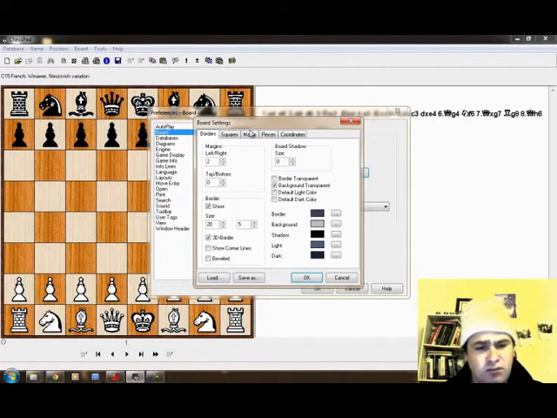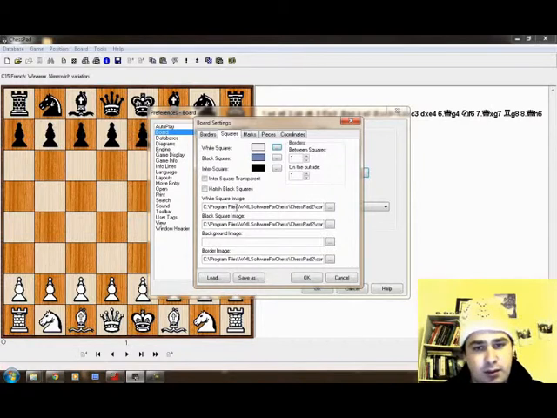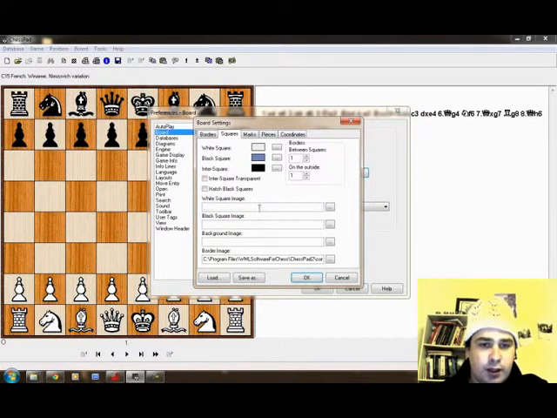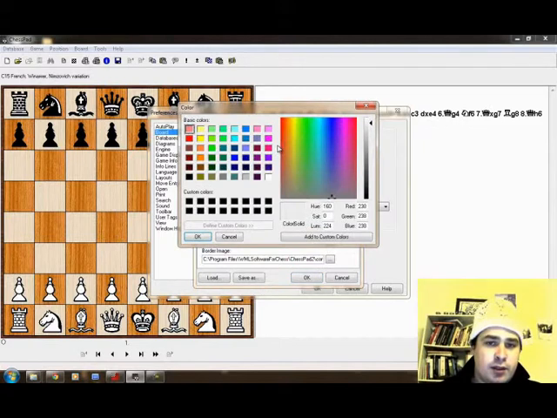The pieces are actually not too bad, but I don't like the square colors. What they have here is a directory path where they're loading a bitmap to use as the square. So I'm just going to get rid of those, and then I'm going to create my own square colors, as I did in the last video. And this one I might make the blue a little bit lighter than I did in the previous video. Let me see. Okay,